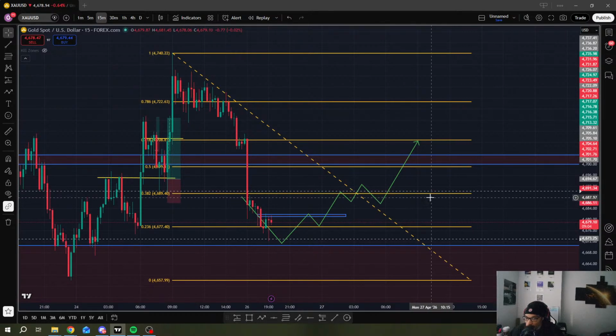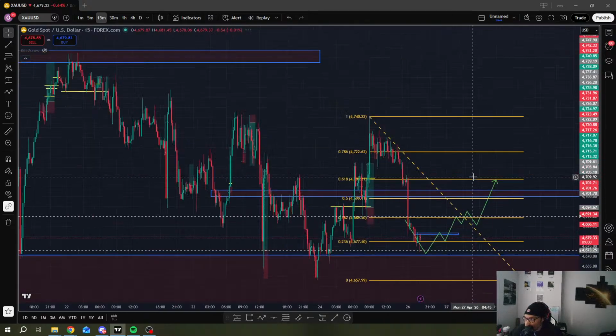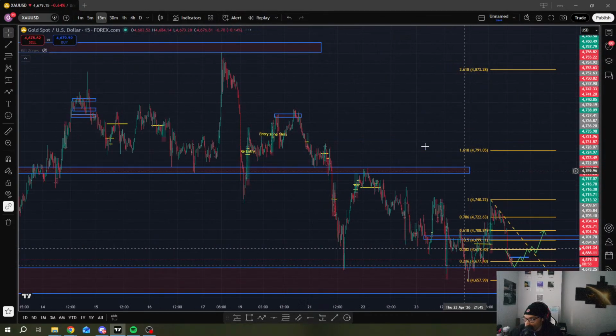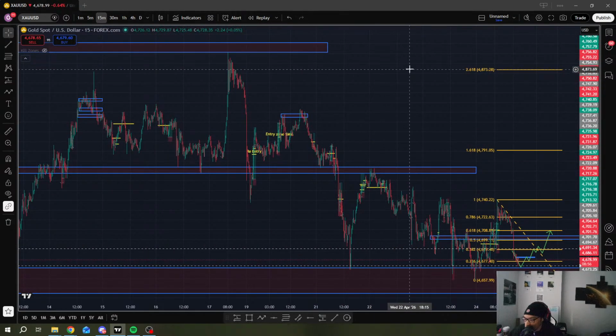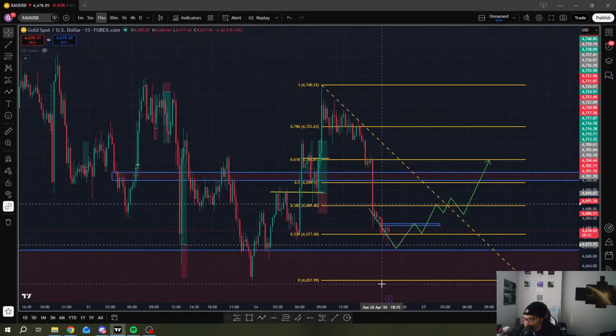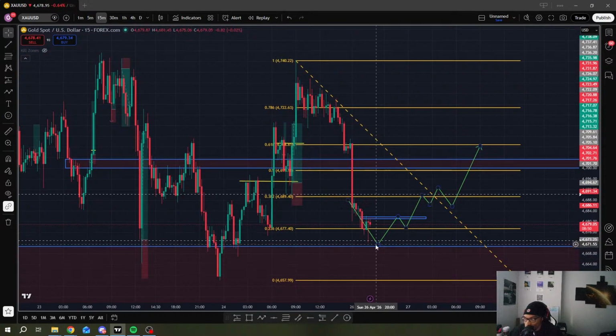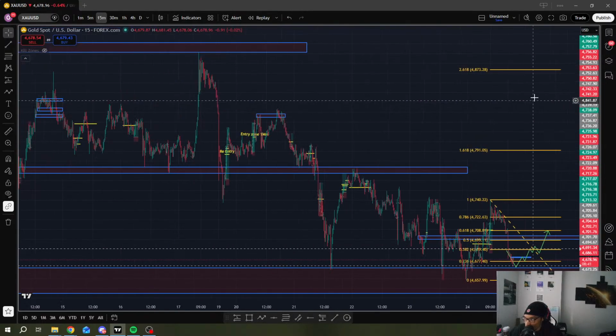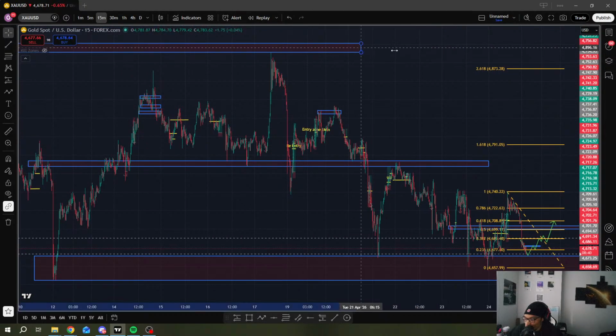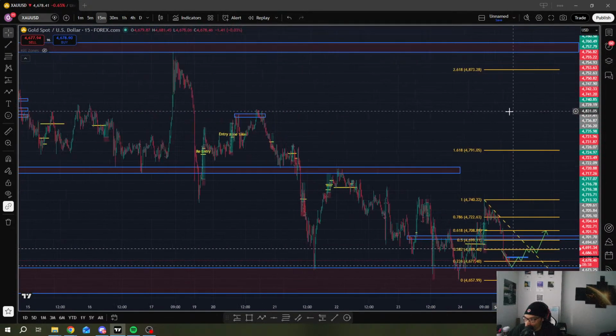So that looks good. We have our range for the week. We could low key reach these highs up here. Now imagine this, y'all. Imagine if this was the lowest that price got for the week, and then we just continued all the way up here. You know what I'm saying?